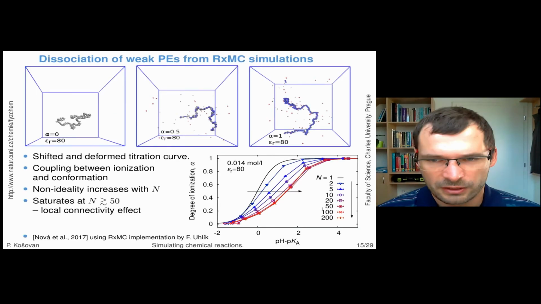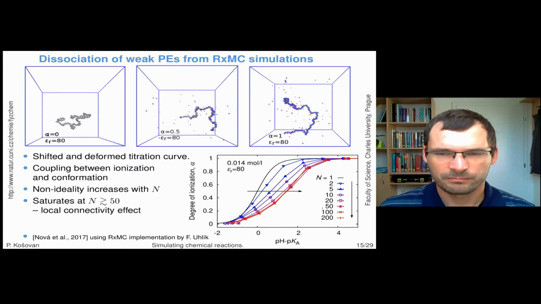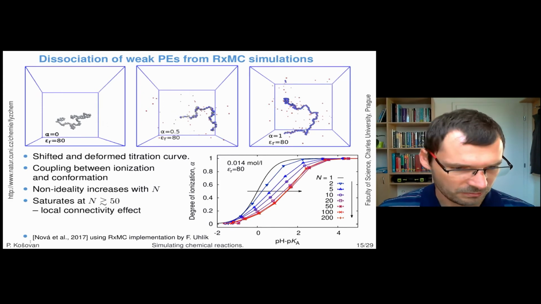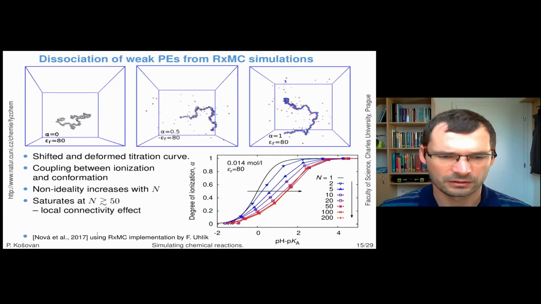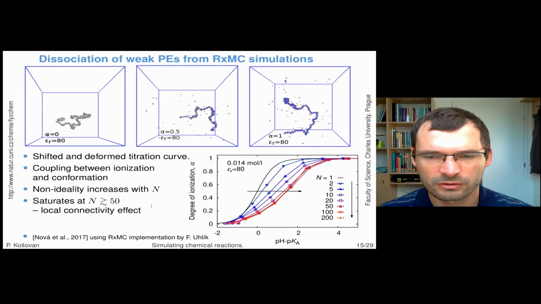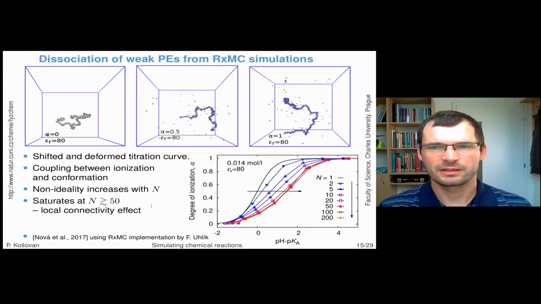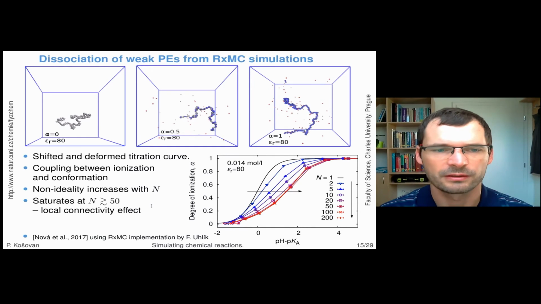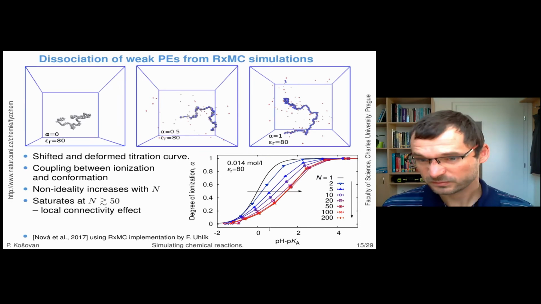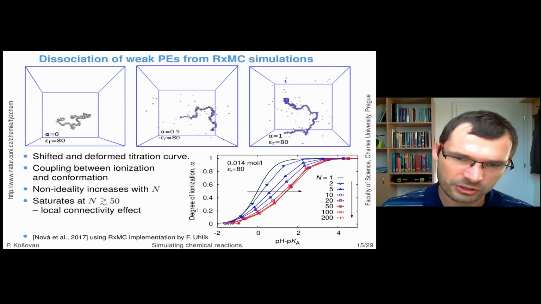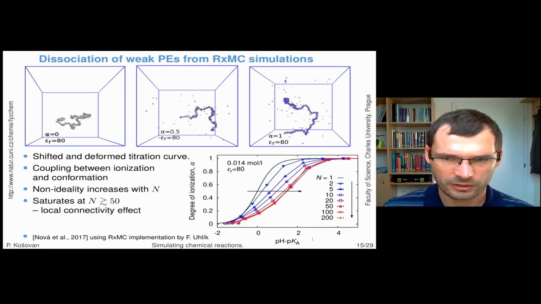To show you a real simulation result as an example, this is a simulation by my colleague Lucianova, where she has used an earlier reaction ensemble implementation from Philip Public, but the method is the same, and we can explain also how it works in ESPResSo using this example. On the top, you see a simulation snapshot of the polyelectrolyte chain at different ionization degrees. On the right, you can see the simulation result, which is the ionization degree as a function of pH minus pK,